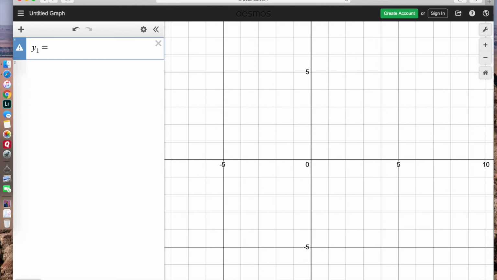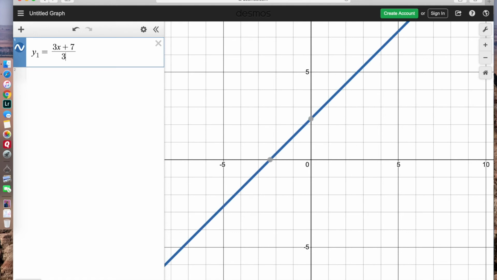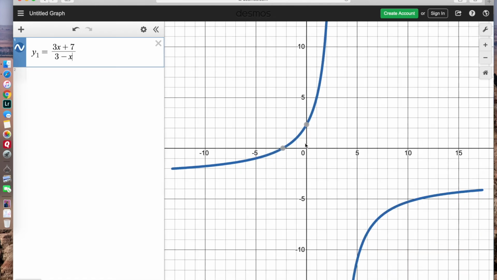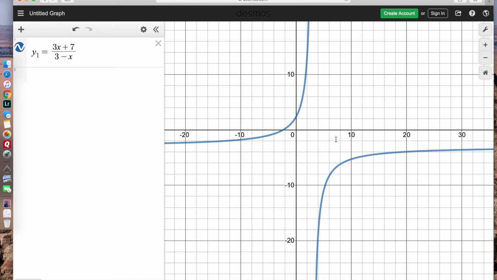So y1 equals, and then I'm going to type my divide sign to give myself a fraction, and then 3x plus 7 in the numerator and 3 minus x in the denominator. I'm going to zoom out just a little bit so that I can see pretty clearly the shape of the function and where the asymptotes might be. And then I am going to click in my next equation line, and I'm going to add a table. The table is going to automatically give you x2 and y2. Not sure why they do that, but just go back and get rid of the subscript on the x